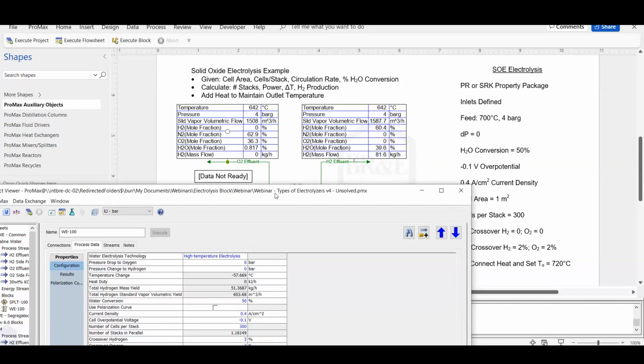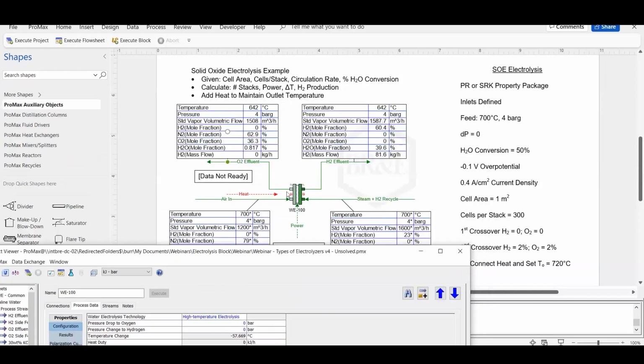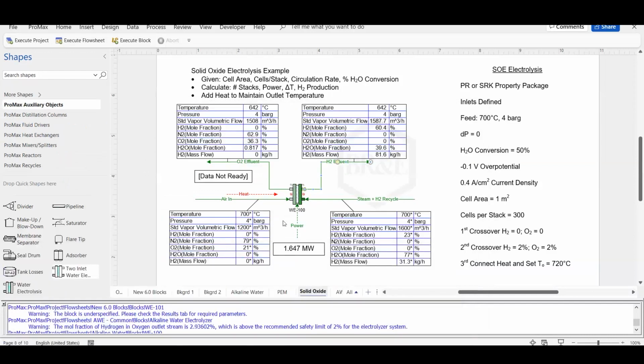We have a property down here that says allow Gibbs reaction on the product. So if there's any crossover, we feed them through Gibbs reactors on these products. So it'll be an equilibrium calculation, and it's not necessarily going to be 0%. If the Gibbs minimization says you should have a remaining 0.0001% hydrogen, you'll see that answer. But if we uncheck that,